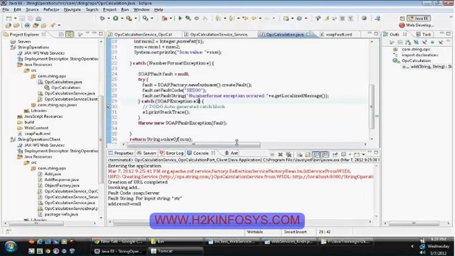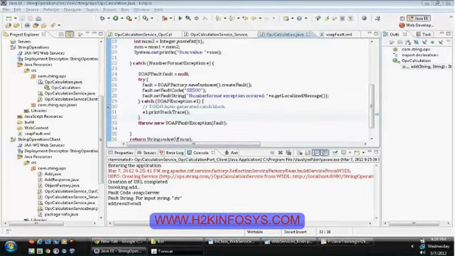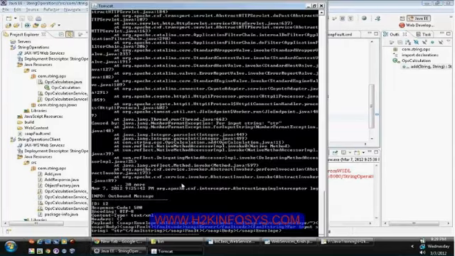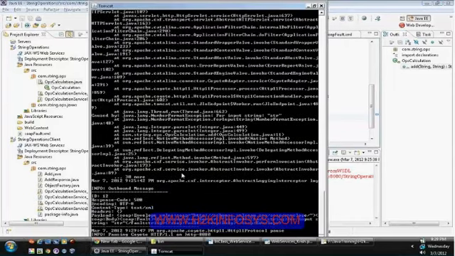Once you have handled it at the server level, just deploy into the server one more time, because your Tomcat server contains old code.